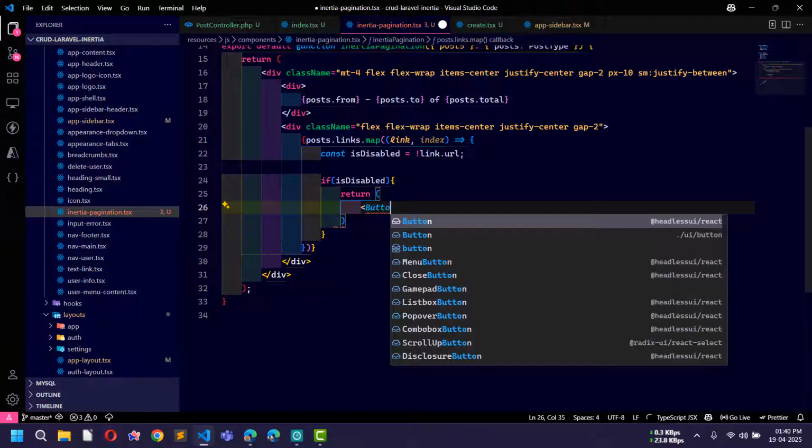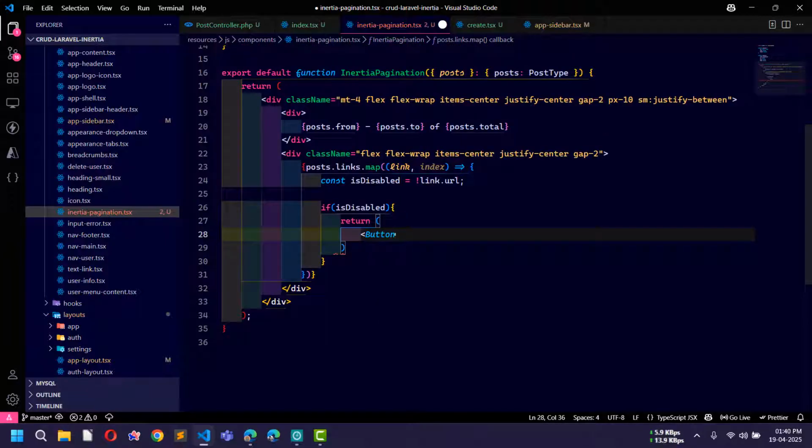So I will use the button component, UI button,